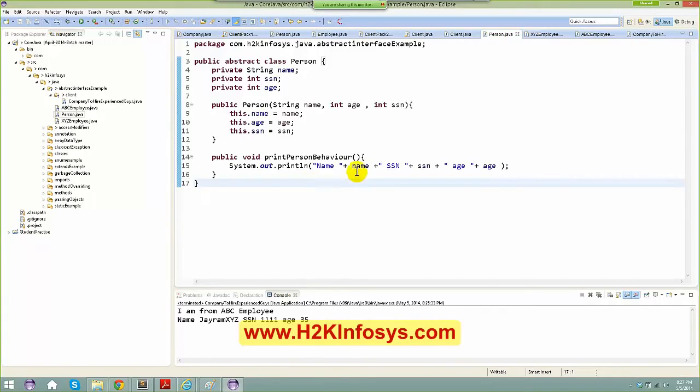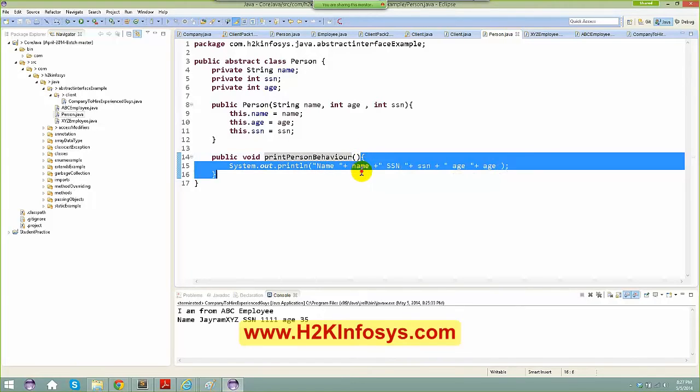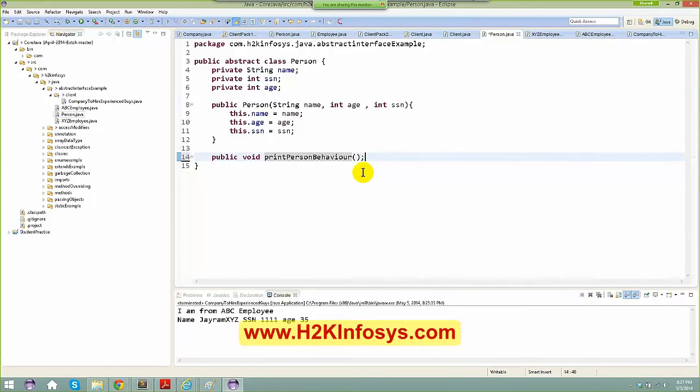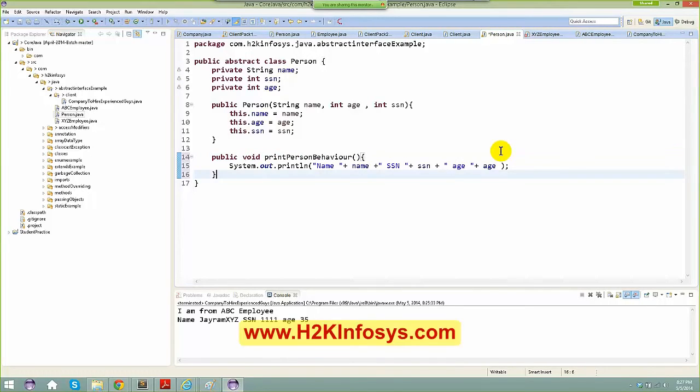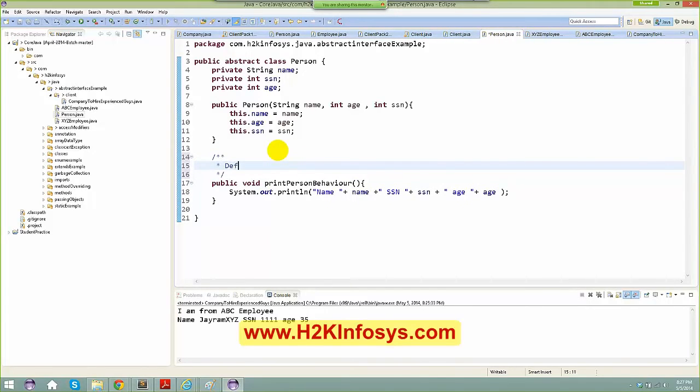Okay, so what am I going to do is, instead of print person's behavior where I have given the implementation, I'm going to remove this. Okay, just give a semicolon, and say public abstract void print person behavior. Okay, now in an abstract class you can have an abstract method. Now what is the use of this abstract method? Even I could have something like this also, one method which has the default implementation. So this is the default implementation,